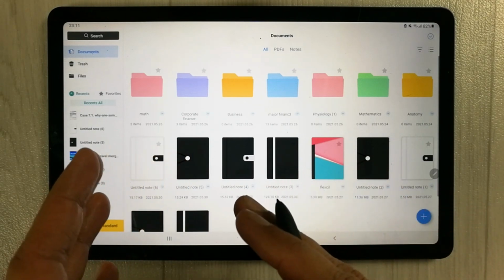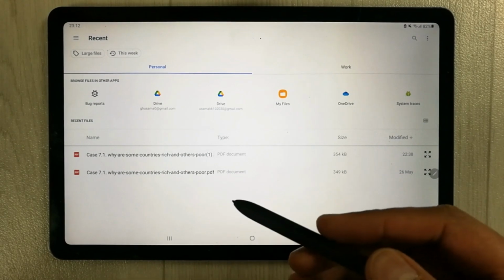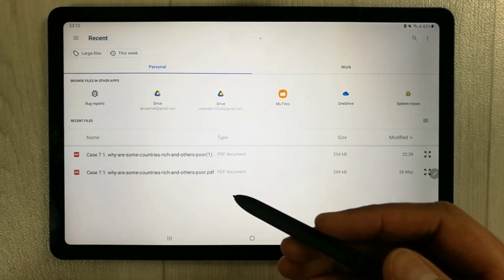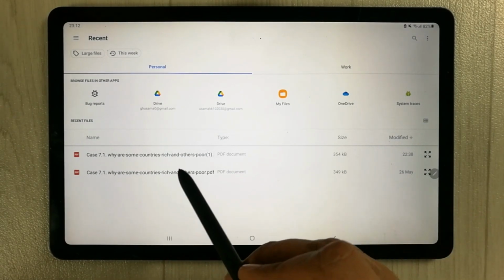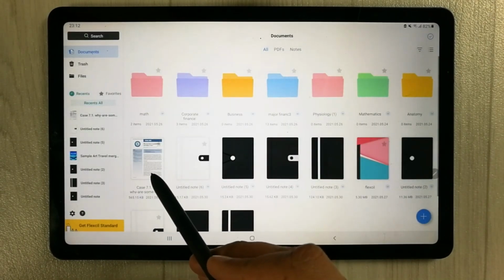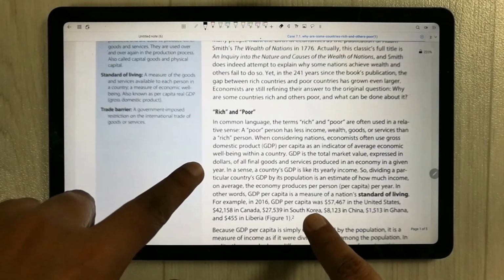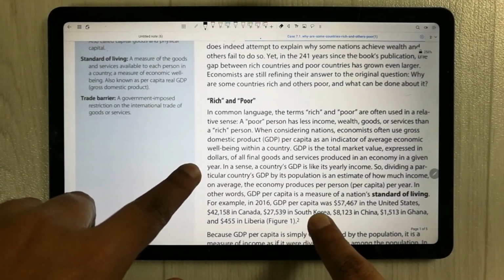file into your notes. So the first thing you have to do is you have to go over here. You see this files option, just select it and then it will take you to the destination where you have all your files available. So for example, I select this PDF file. Okay, so the file will appear over here, then I select it again to open it. So you can see over here the PDF file is now open.